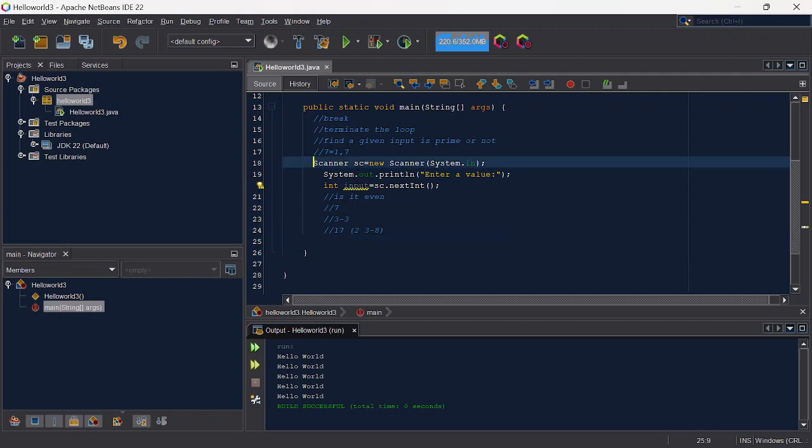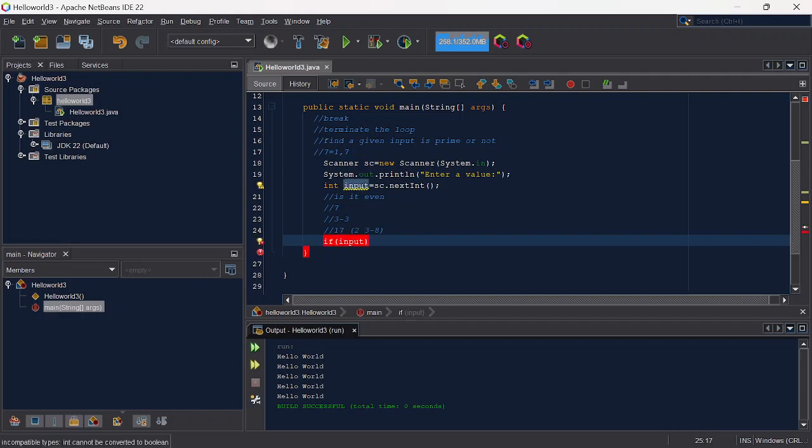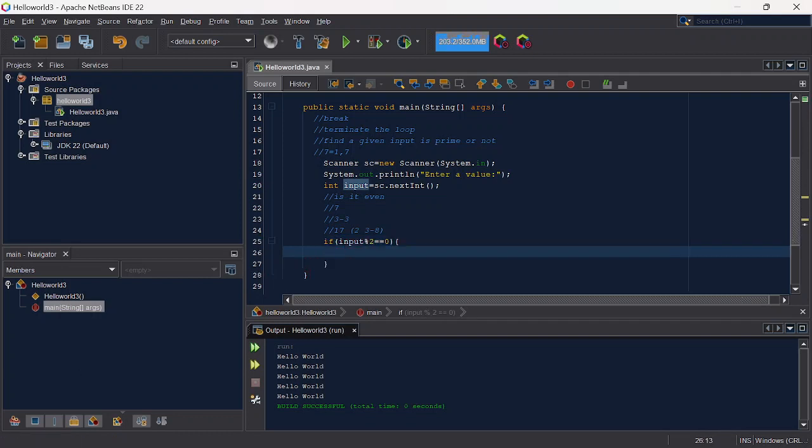Okay, if input modulo 2 is 0, if the remainder is 0 when divided by 2, that means it's even, so obviously it's not prime. So just print it is not prime. Else,